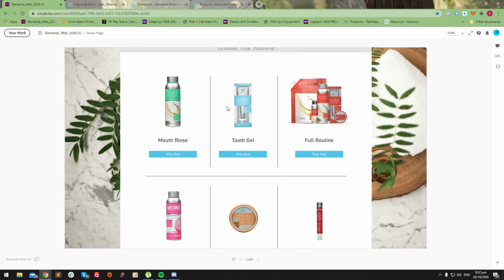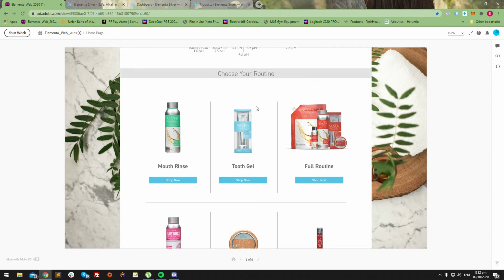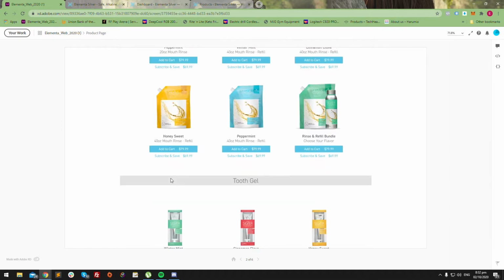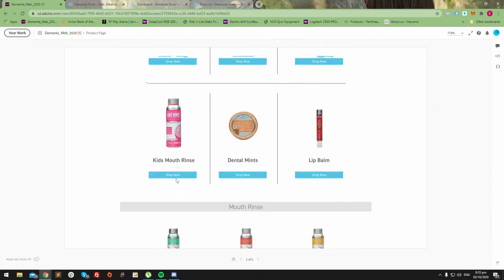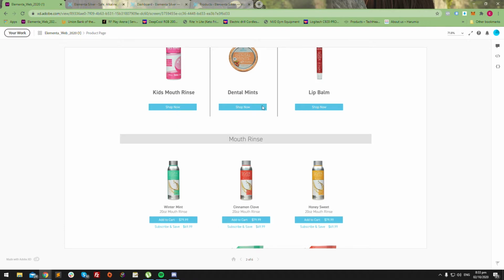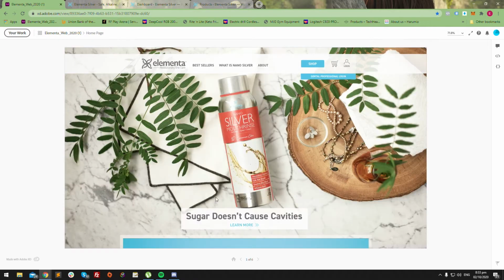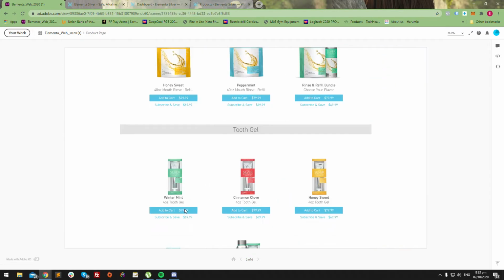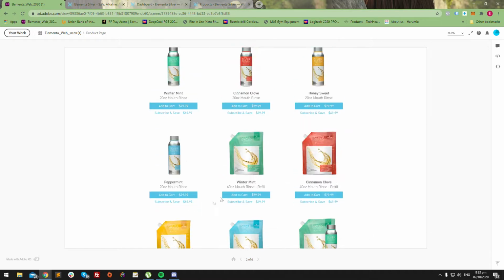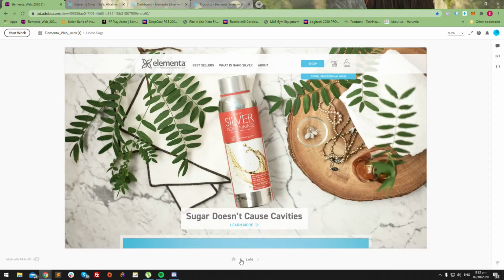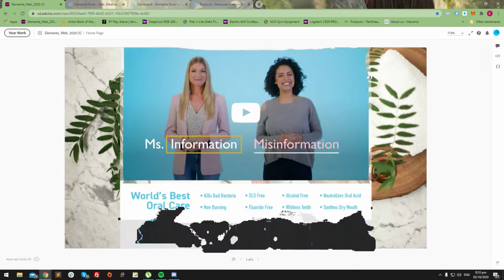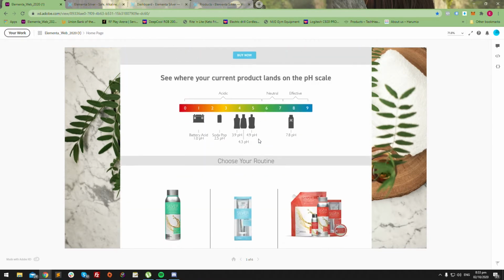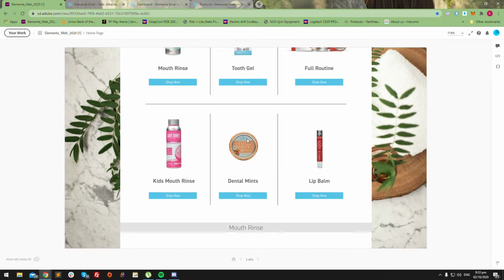But the first question is around this part on the choose your routine. I would like to clarify something about the button. How would you like them to be used? Because right now, as I can see here, when I click it, it goes to the product page and on the specific part, like let's say here on the mouth rinse. I get that and I can do that, but how about on the other parts of the site,